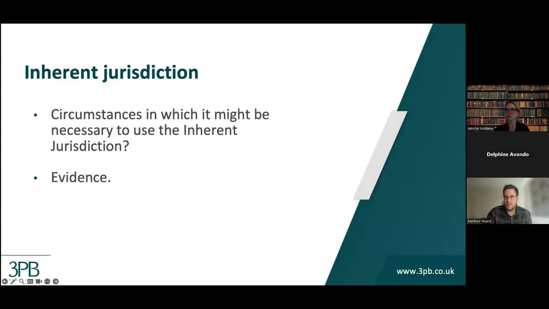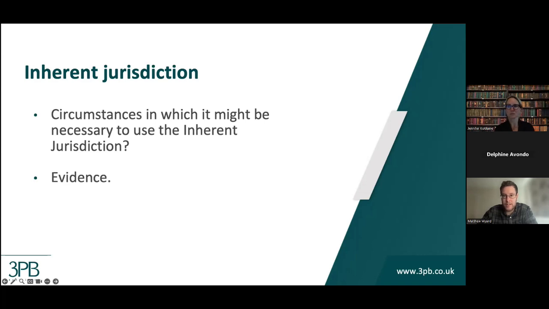I've given you an example now of the kind of situation in which you could use the inherent jurisdiction. Other areas that I've seen it used in are where there's domestic violence going on at home. But in terms of the kind of evidence that you might need to obtain if you're thinking about this kind of process, you need to get capacity evidence because you need to show, if you're going to the inherent jurisdiction, that P has capacity. Because if not, then the court will tell you to go to the COP. You can do that through a capacity assessment if possible, but often the local authority can help you do that because they will have often undertaken capacity assessments.